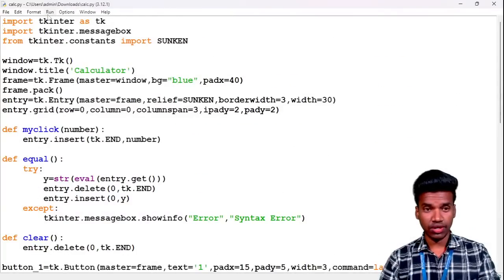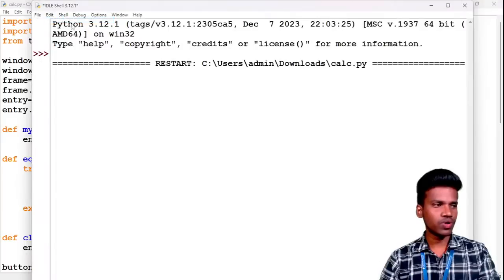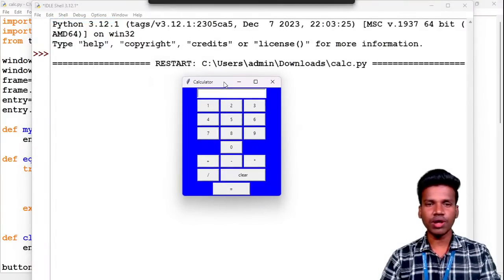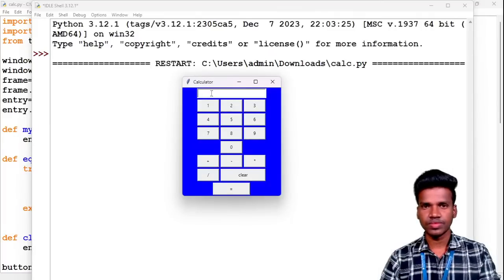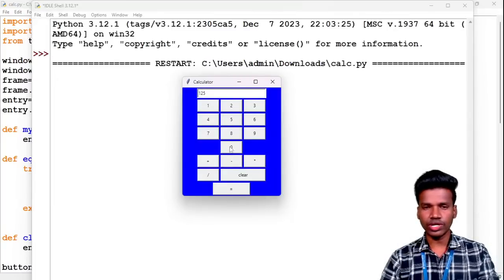All of us understand this. So now I run this one. Do you see, this is the calculator application using Tkinter. Tkinter is used to create this page. It is one kind of application page, right? Now you click the buttons, like numbers 96 plus 54 equals, and it is calculated. Again I clear this, click the buttons, multiply by 5, and equals, and it is totally calculated as 125.